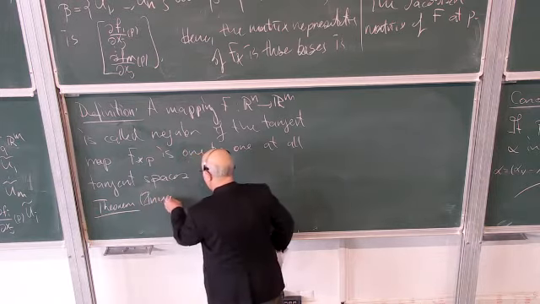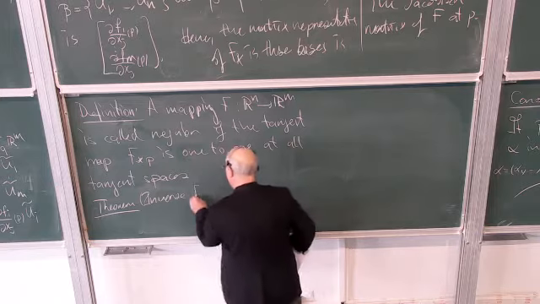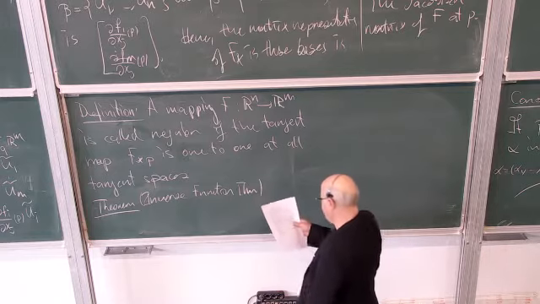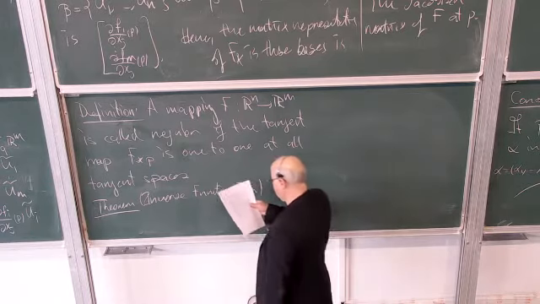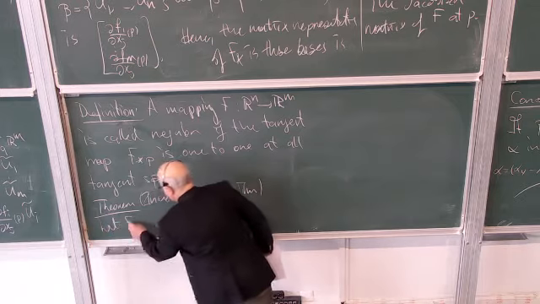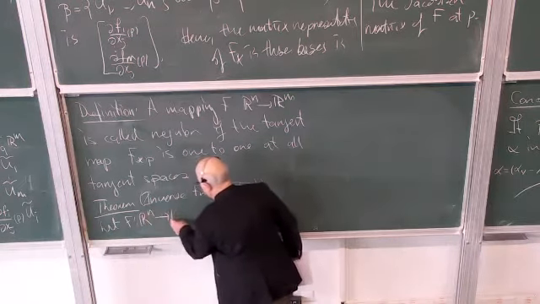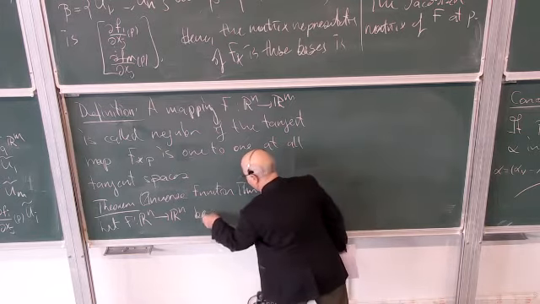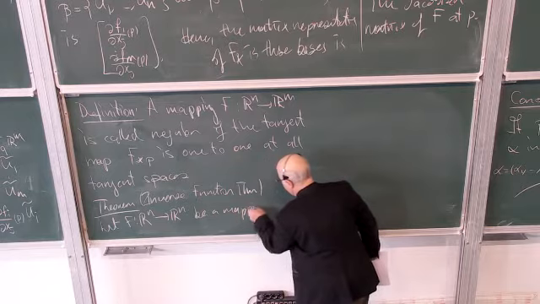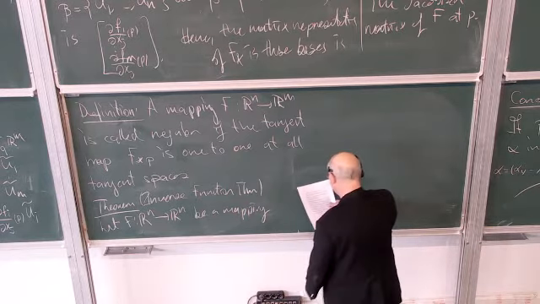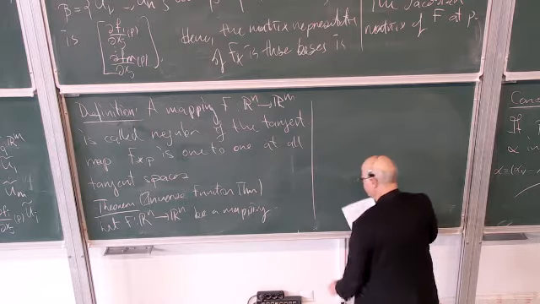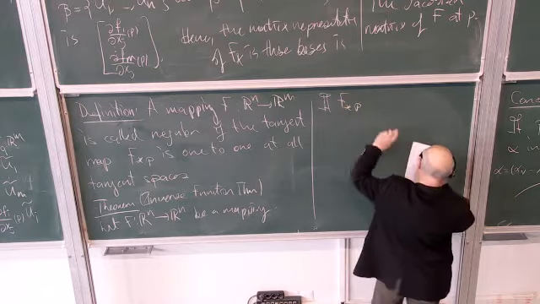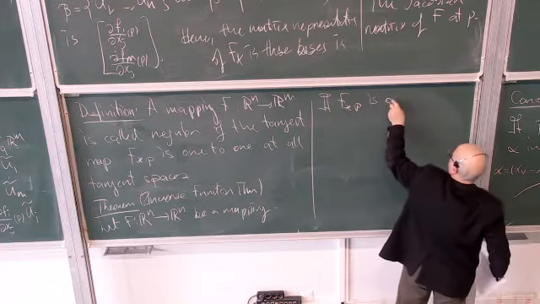Let me also remind you the inverse function theorem. So here, let F be a function from Rn to Rn, okay? Be a mapping, so it's a differentiable function. If the derivative map is one-to-one,